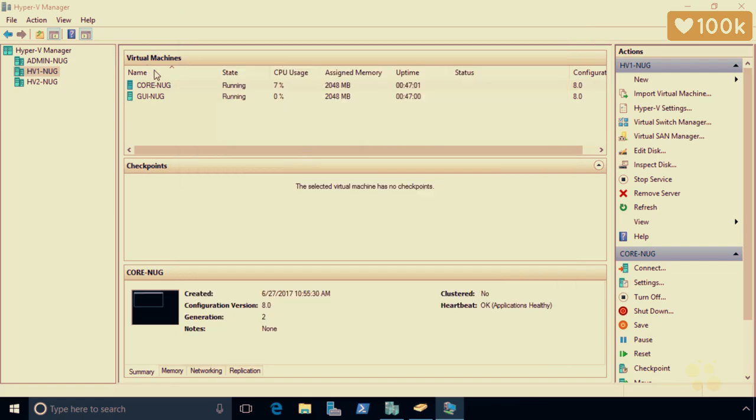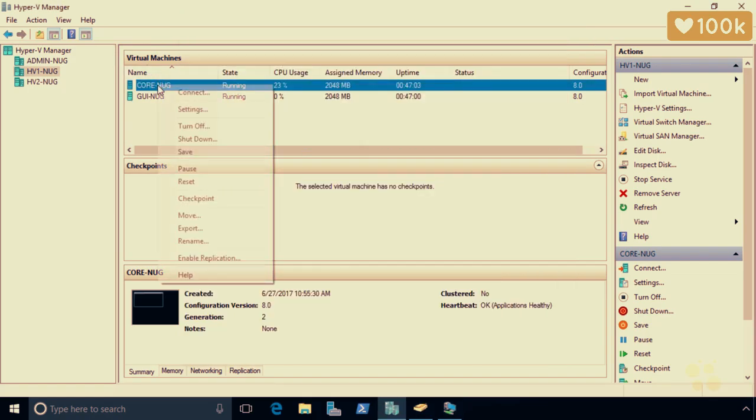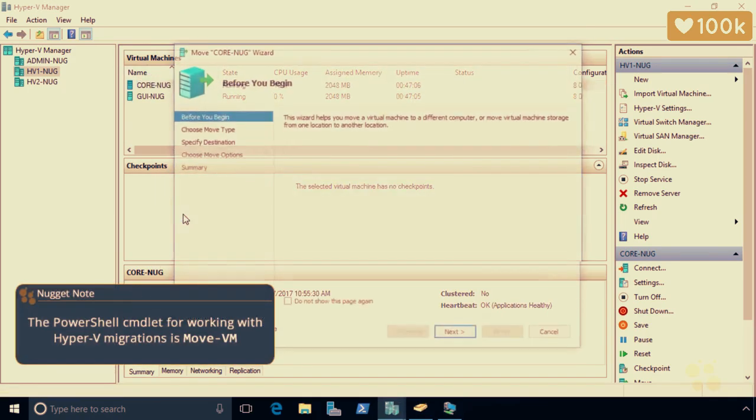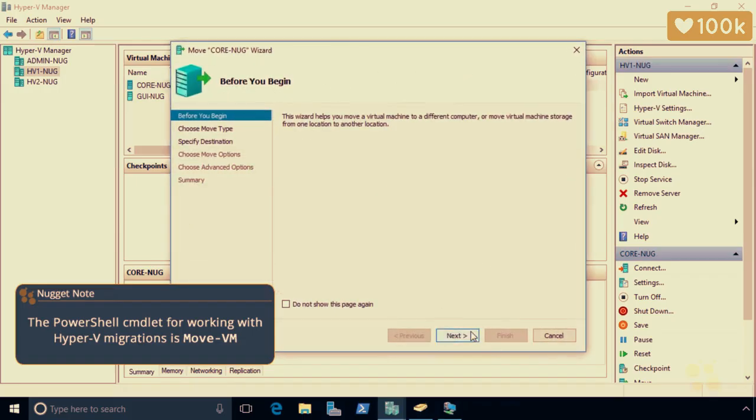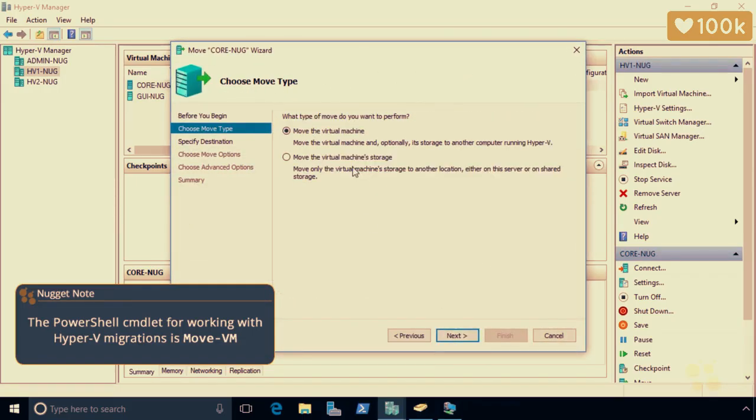So all we need to do here is go back into Hyper-V Manager, give CoreNUG a right click, and choose Move. This will launch us in to the wizard. So we're going to choose Next at the Before You Begin page here. Next up, we're going to choose